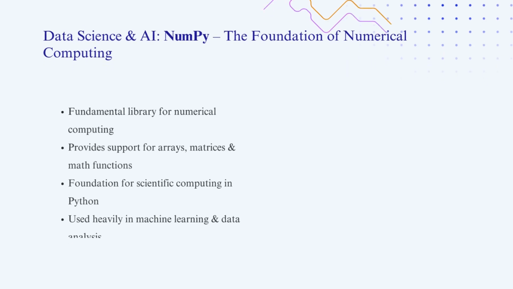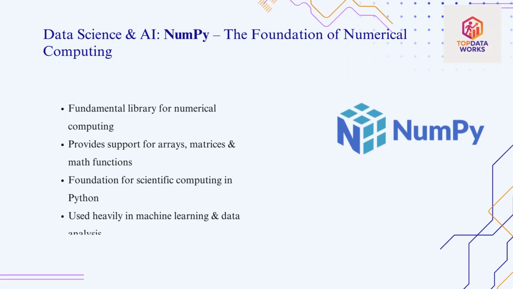So the first library is NumPy, short for Numerical Python. It's the backbone of scientific computing in Python. Normally, Python lists are slow when it comes to heavy maths operations, as we know. But NumPy solved this by introducing arrays, which are faster and more memory efficient. For example, if you want to handle a huge data set,